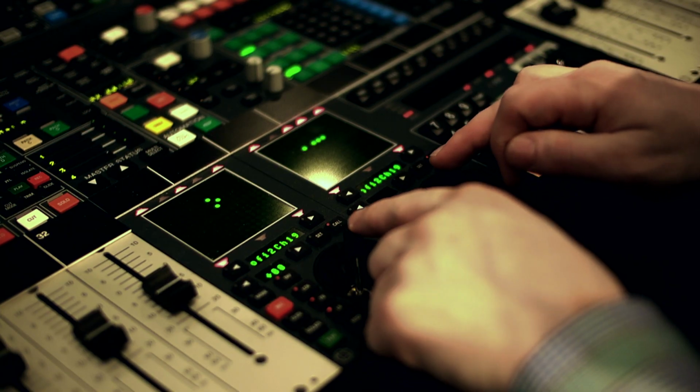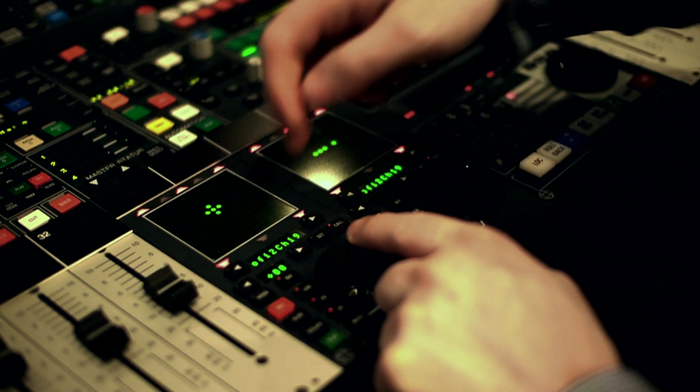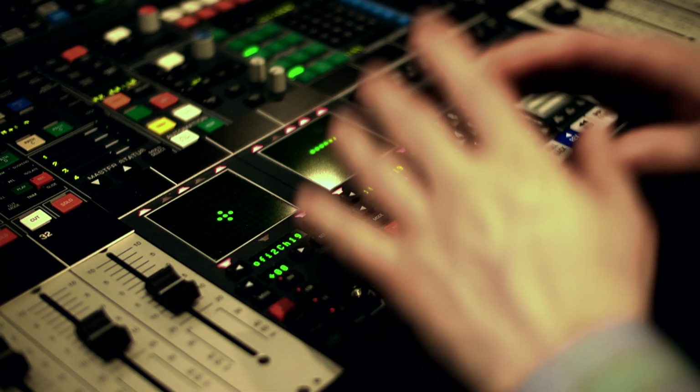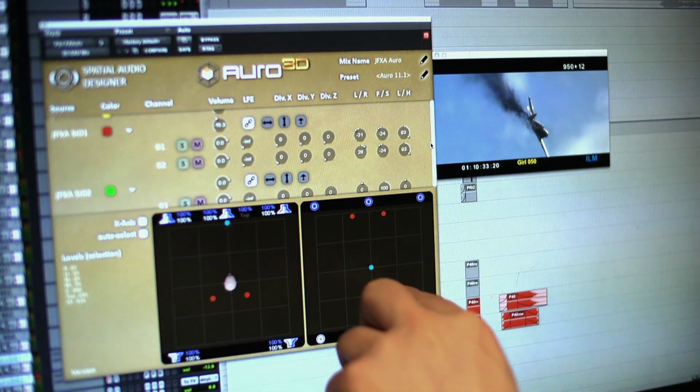For that, we developed a special 3D panner which can be used in the Pro Tools environment, or you can do it on the mixing console as well. On the mixing console it works like this. Using these two joysticks here on the DFC console from EMS Neve, it's in fact very easy. On the left side you have the horizontal plane, on the right side the vertical one. With the combination of both we can place whatever sound in the three-dimensional space. The same concept can be done in Pro Tools, where the same two joysticks are put in a position so that you can recreate the same thing in the Pro Tools system itself.